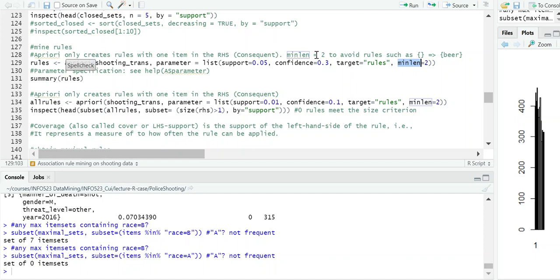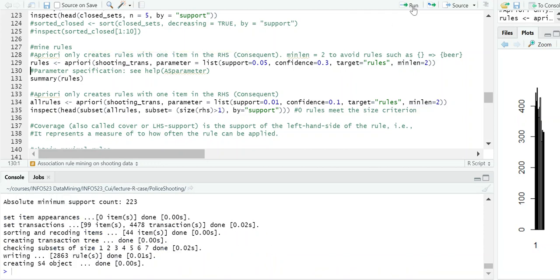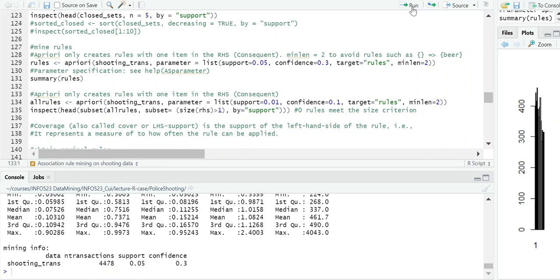So we need to tell the system to only find rules that have a length of 2 or greater, to avoid rules such as this, where the left hand side is empty. Okay, so let's mine these rules,